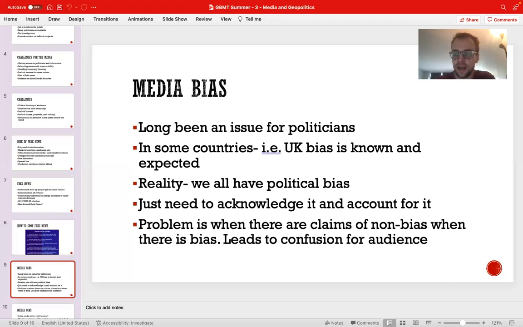The problem with much of media is that they claim that there is zero bias in the reporting. And when audiences do discover bias, it undermines the legitimacy of important factual information that they might be producing. For example, like I mentioned before, the media failed to correctly report on the accuracy of the information from the state claiming that weapons of mass destruction were in Iraq, which was proven to be untrue. This led many in the US and beyond to distrust both American political leadership as well as the American news media, which failed to expose the inaccuracy of these claims that contributed to the 2003 invasion of Iraq.